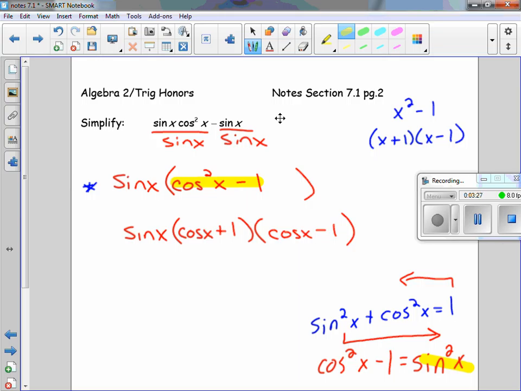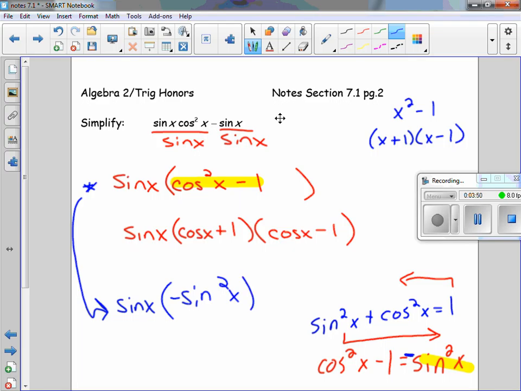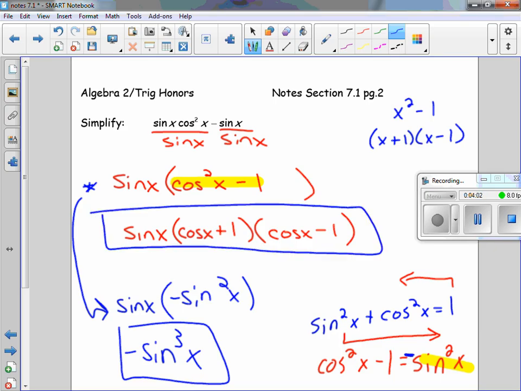Seem valid? All right. So the other way that we can handle this, another way we can express that answer would be the sine of x times, actually this would be negative, sorry. Be negative sine squared x, right? So we have the sine of x times negative sine squared x. Okay? Which would give us negative sine cubed x. So that would be one acceptable answer, and so would this. All right, it just depends